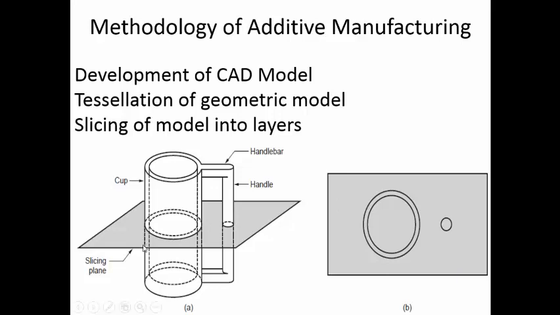As the slicing plane moves upward, more or less it is going to remain the same, but when it comes up to the topmost point, you are having the handle portion, it will come something like that. That is where the material is added. If you are moving it completely downwards, you have a closed base, so the entire circular profile has to be filled with the material. The connection to the handle also has to be made. So that is how the slicing will be done. Whatever component is given, you are dividing it into several layers. Now we will see how exactly this is done using a slicing software.